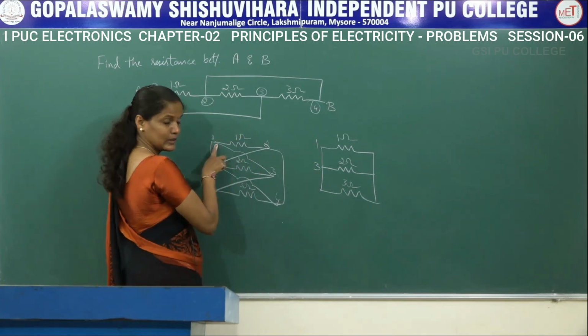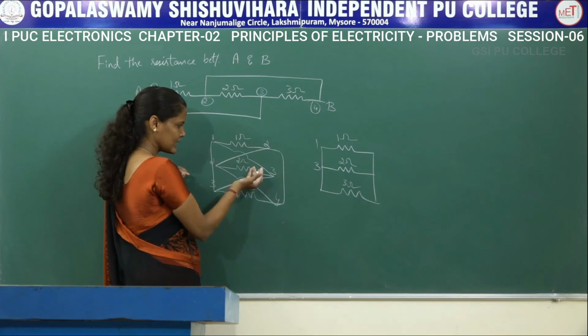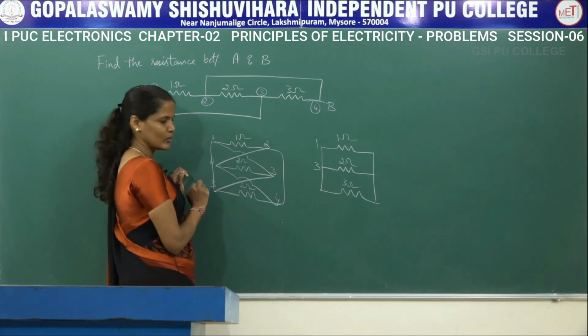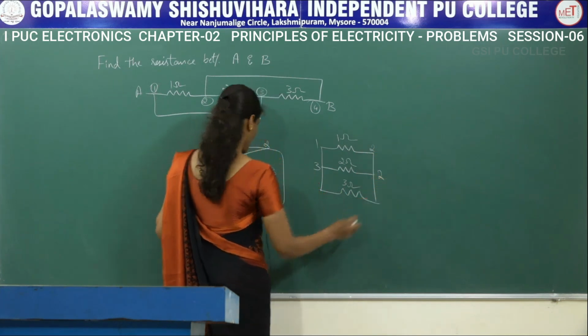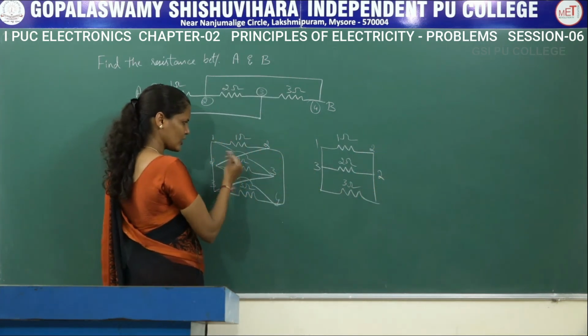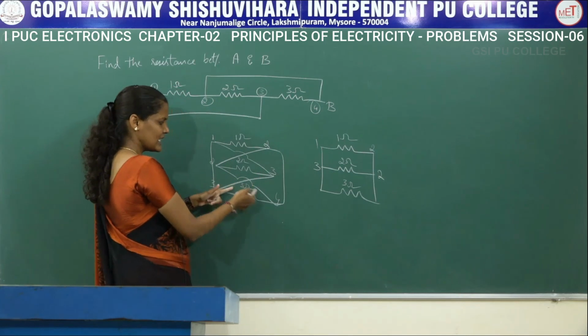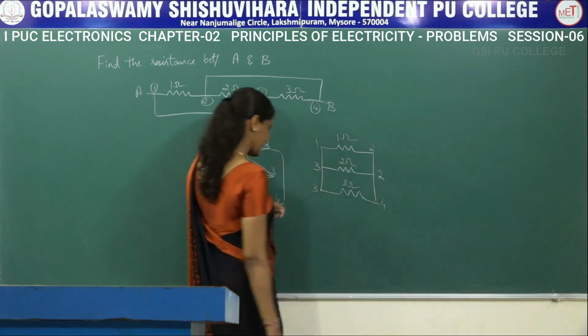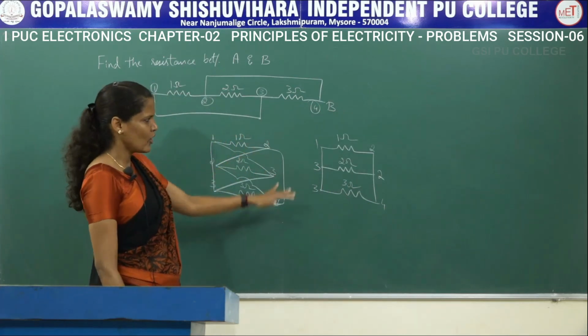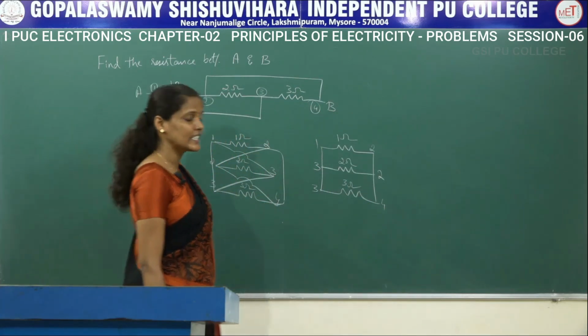1 terminal is this. When I crisscross this, 3 comes below this. So this becomes 3, and this is 2. Once I crisscross just one of them, automatically the lines get corrected here as well. This will become 3 itself and this will become 4 itself. Now all these 3 resistors are connected in parallel.